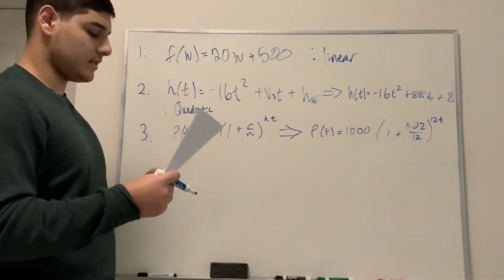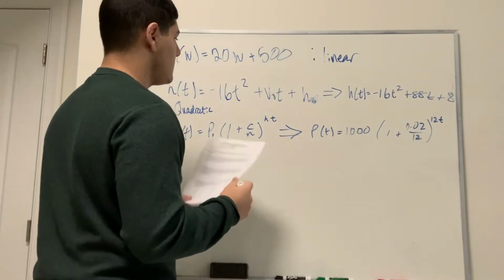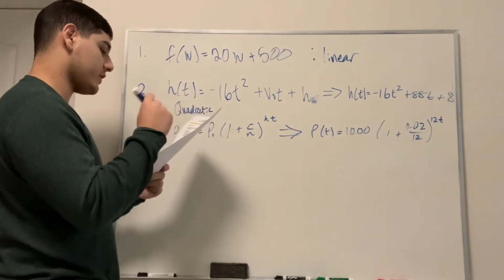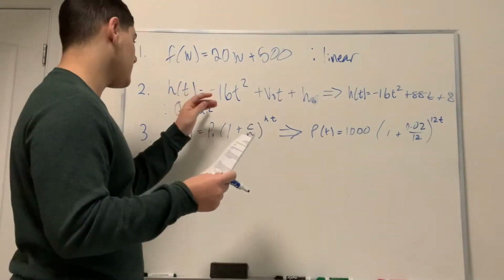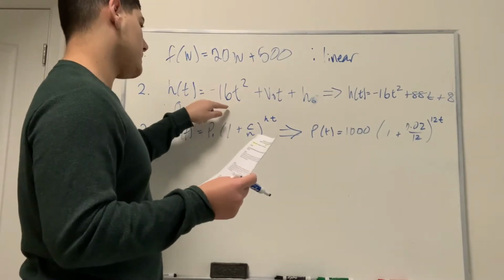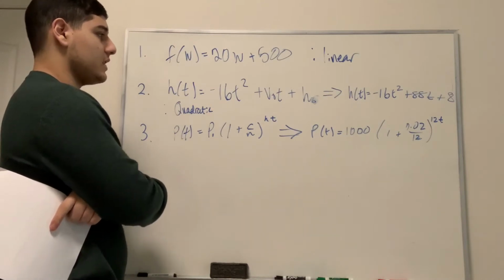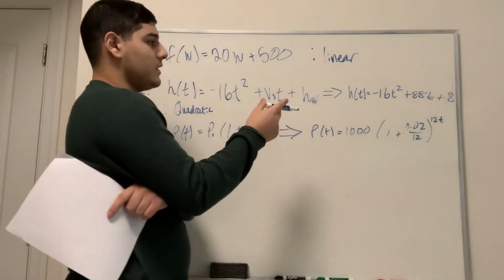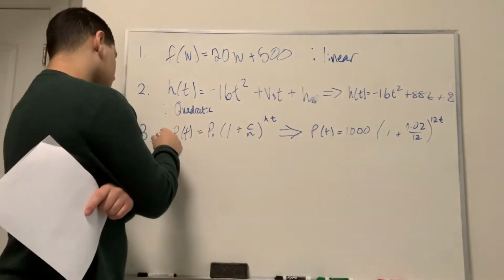The velocity is linear, and you know that quadratic functions that model situations with the height of a projectile in motion take this form: negative 16t squared plus v naught t plus h naught, which basically means this is the initial velocity and this is the initial height. The initial velocity is 88 and the initial height is 8. Okay, so number 3,